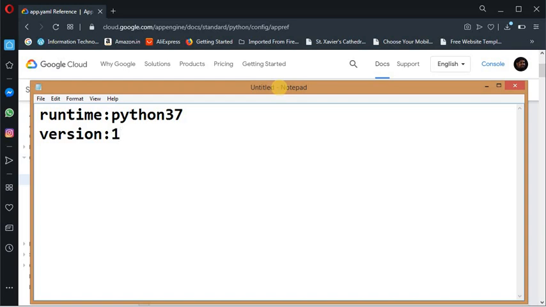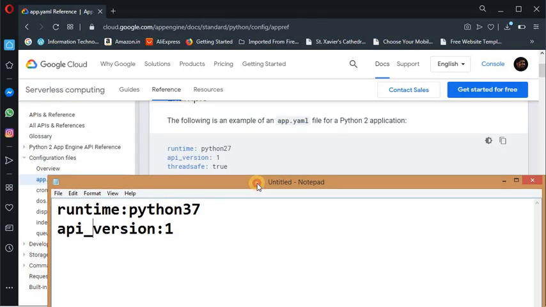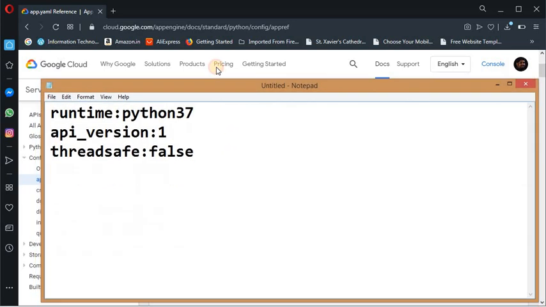So version is 1. It is api_version equal to 1. Then the threadsafe colon, as we are not using it, we can give false.